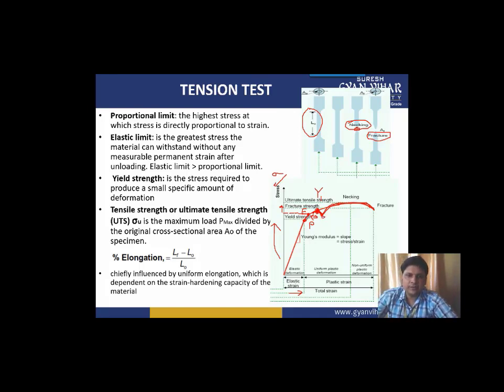And then after, where there is a dip, it means you are reducing the stress or the load. If there is still some strain, meaning the material is elongated even after decreasing some amount of the load that we have applied, and the material is still increasing in its length, then we say that we will get this point y2, the lower yield point.